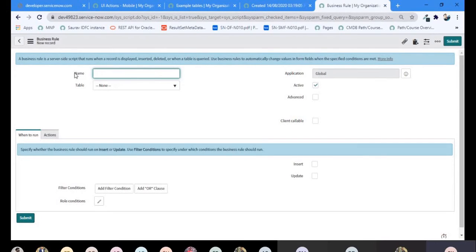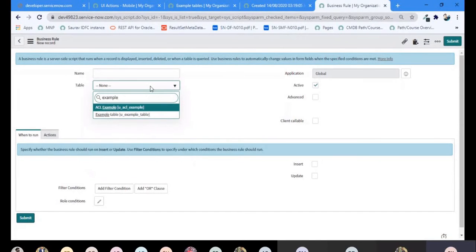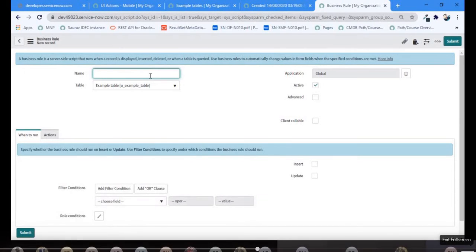You have to give a meaningful name to the business rule, so that you can identify it later as well. You have to select a table on which this business rule will work, right? For example, I am selecting my example table which I just created, user table.